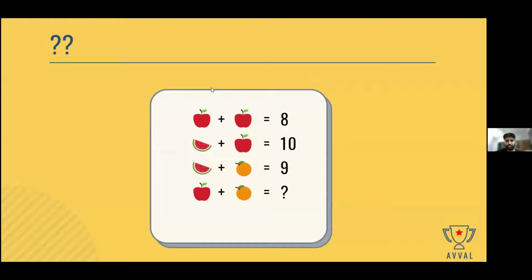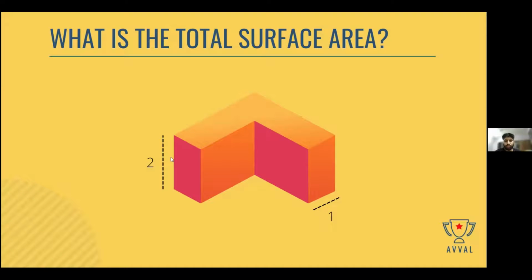Okay, so next one. Coming back to this interesting surface, what we want to calculate is the total surface area of this object. So I'll give you 30 seconds to take a shot at it, and then I will explain what the answer is. As a hint, I just want to tell you one thing. You have to visualize the whole 3-dimensional surface. It's not just the surface that you see on the screen, but you have to visualize the whole 3 dimensions of this object. Think about the surfaces that you don't see on the screen.